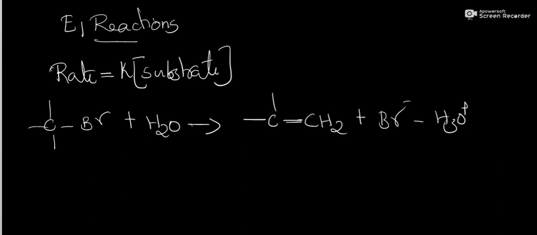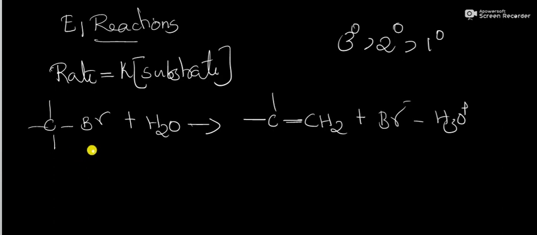The important thing is that primary alkyl halides do not undergo E1 reaction because of the difficulty encountered in forming primary carbocations, which are least stable. We know that the order of stability of carbocations is tertiary more stable than secondary, which is more stable than primary. So in the case of primary alkyl halides, the intermediate will be a primary carbocation, which is not stable. So primary alkyl halides do not undergo E1 reaction, whereas secondary and tertiary alkyl halides undergo both E1 and E2 reactions. Then what is the mechanism?